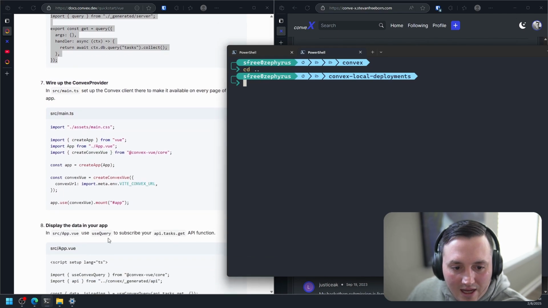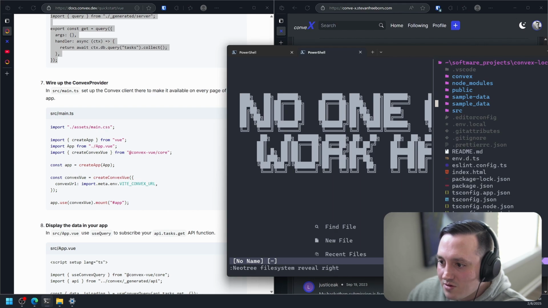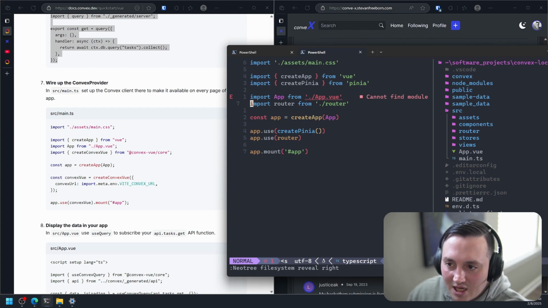And then now we'll go to our main. Well, actually, let's just open this all up. So now we'll go to src main.ts. And if you're not familiar with Vue, don't worry about any of this. But basically what we're going to do is wire up our app to use Convex.